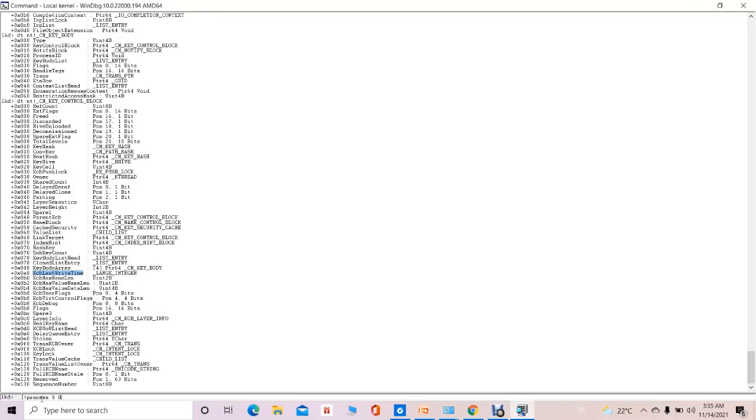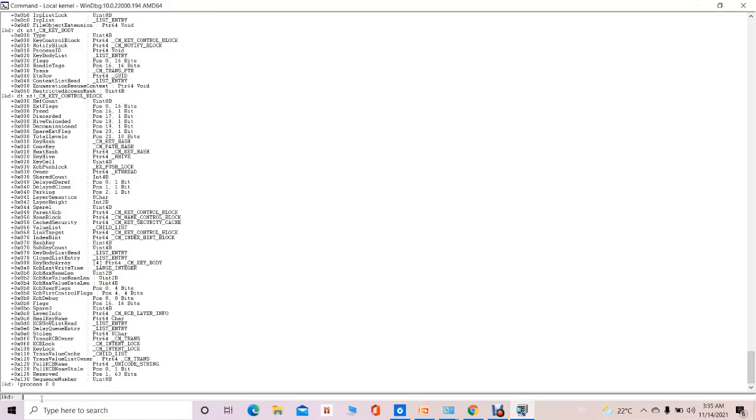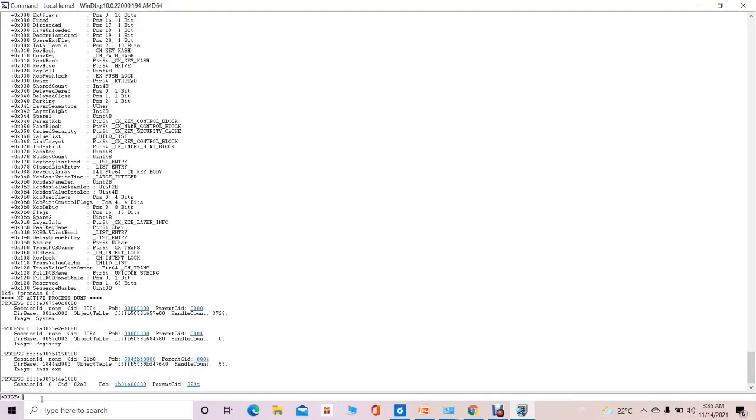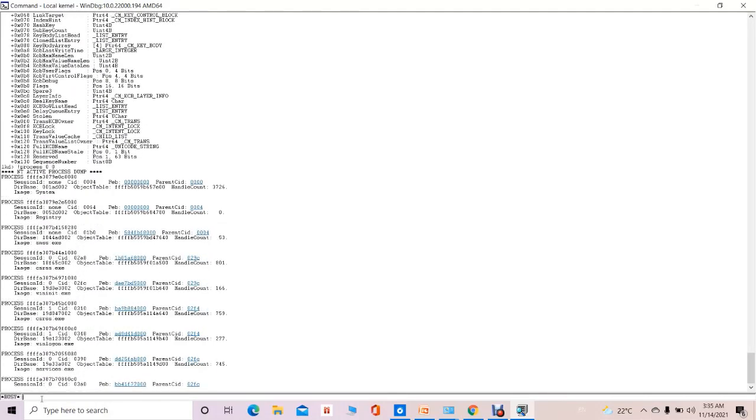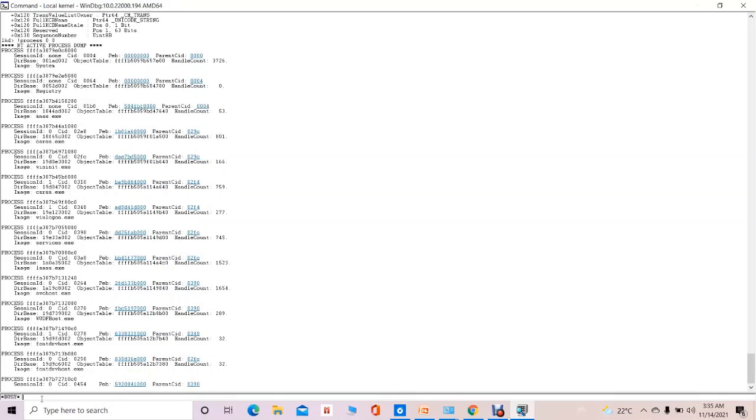Suppose we maintain a database of legitimate running processes. If some process does not fall under that list, we can certainly conclude that it is a suspicious process. Just click on this command, and you can see that we get the list of all the processes running in the volatile memory.